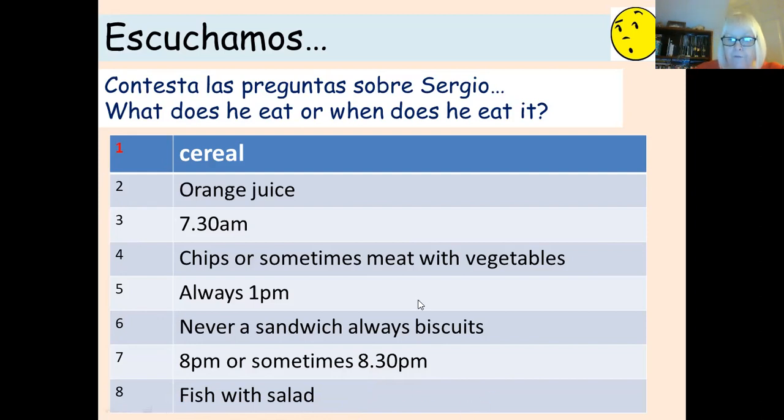Okay, so there's quite a lot of information there. If you've got all of it and you've got the frequency expressions as well, then really well done. So give yourself a pat on the back if you did well on that, and correct anything that you didn't get and make a note. Did you not understand the times? Did you not get the frequency expressions? Did you not remember the vocab and therefore you couldn't identify the food or drink? So make a note of it in red pen and then you can set yourself a target later on.